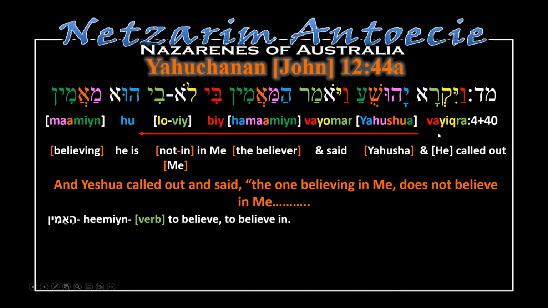Va-yik-ra. Well, we should know that yikra means, and he called, right? So it's a completed action, and he called out. Because there's no pronoun, then we know we can add a he into it. And he called out. Now it's telling us who? Yahushua, Yahushua, or Yahusha. Va-yomar. And he said, basically,